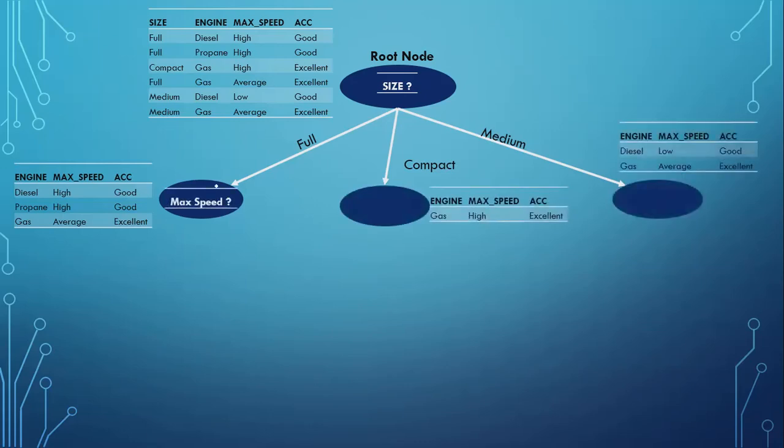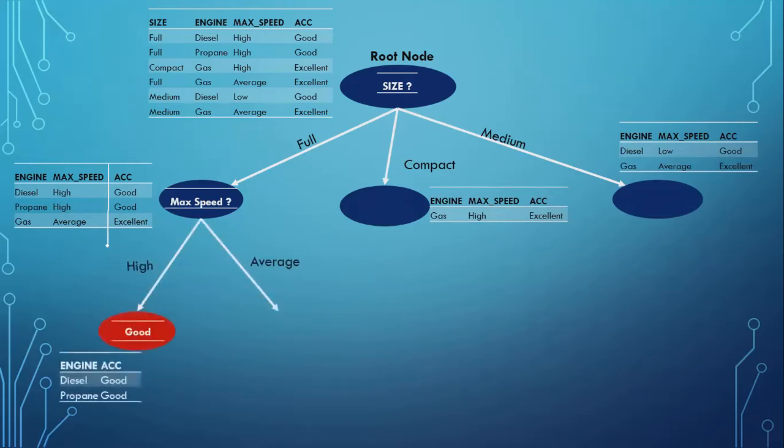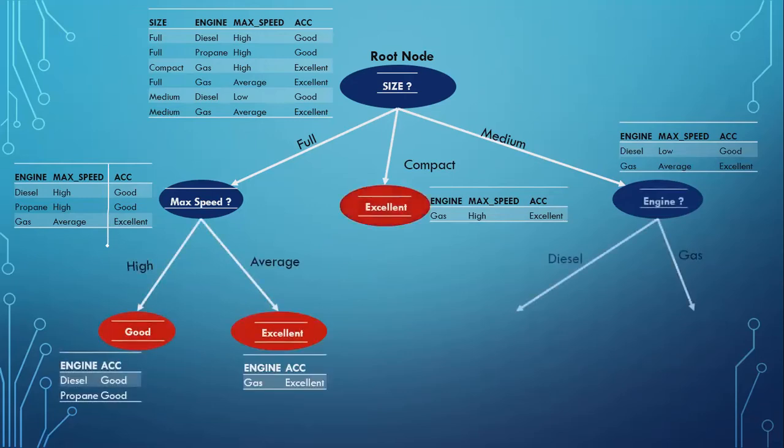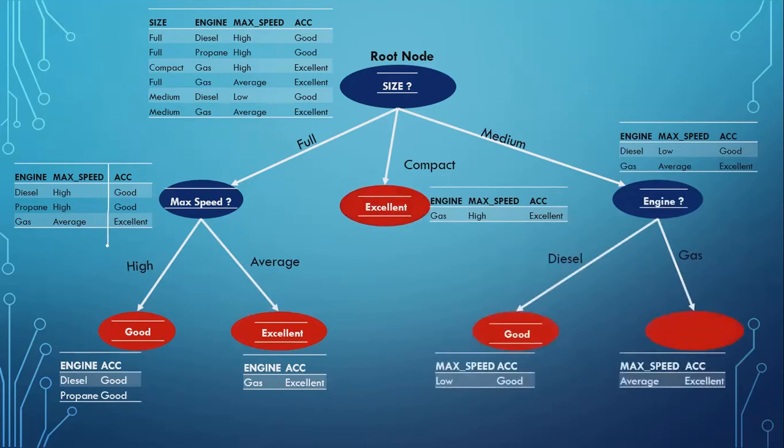At this node, as there is still a mixture of good and excellent, we will keep dividing this data set until we get records belonging to the same class. This is the concept implemented by the decision tree in order to reduce the entropy. If you look at the leaf nodes here, if I choose any of the records at random, there's 100% probability that it will belong to the good class. Similar is the case here, and here, and here. So we have increased the probability of any record belonging to a particular class, and in this way we can classify our data.